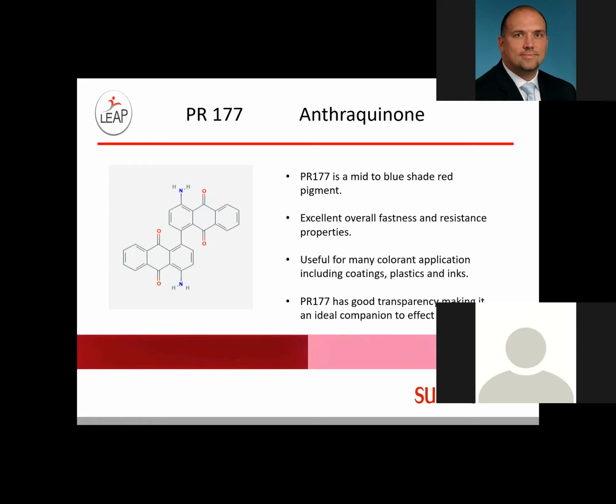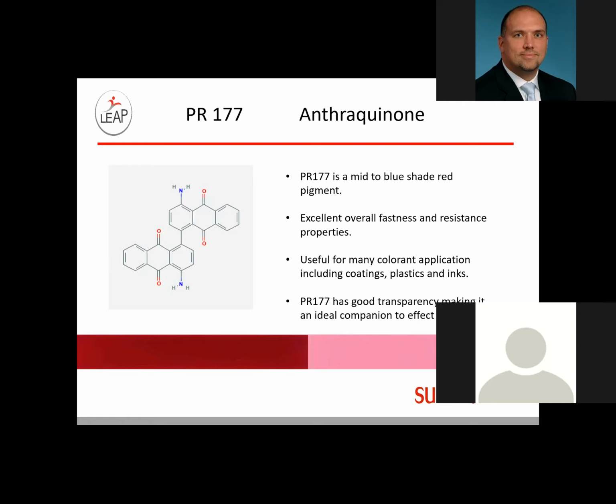It does have good transparency, which makes it an ideal companion in the red space for using along with effect colorants. It allows for a nice deep color to the eye, as well as allowing the sparkle effect of colorants like micas and aluminums to show through